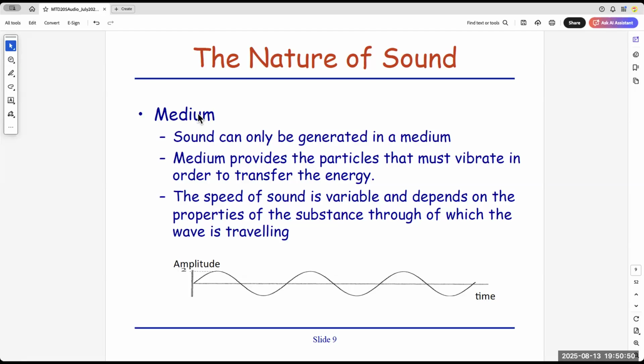You need a medium because you need the particles in the medium to transfer some energy from one point to another point. And later you'll see vacuum actually cannot carry sound. Whatever you see in the movies, Star Wars, Avengers, Superman, they always show explosions in outer space. That is special effect, it cannot exist. No matter how you shout, no matter how a bomb explodes in space, it cannot be heard at all, because vacuum is not a medium. Vacuum has no particles to transfer the explosion energy from one point to another point.